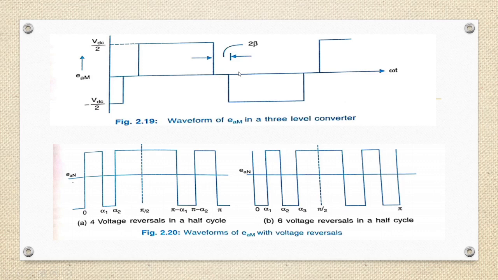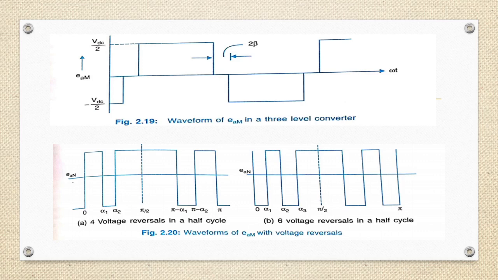Okay. Next, let us start with the topic pulse width modulation. In order to control the real power and reactive power, it is essential to control the magnitude and phase angle of the voltage injected by the converter. At the same time, it is desirable to regulate the DC bus voltage. Another requirement is to minimize the injection of low order harmonics by the converter.